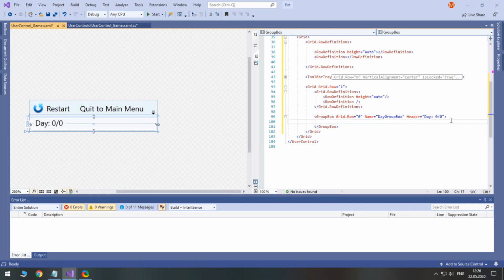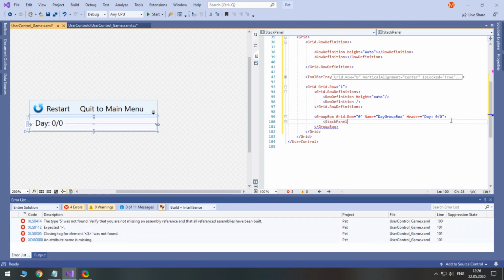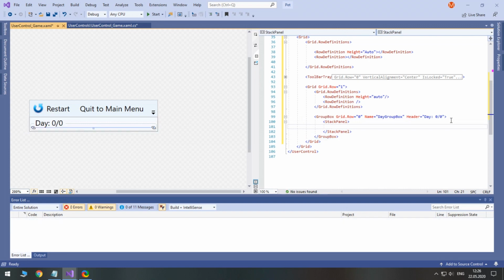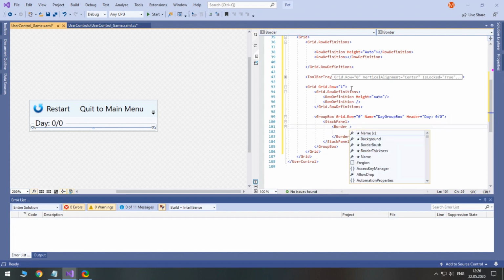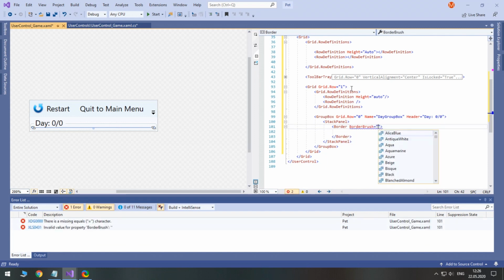We will make a structure for controls from top to bottom. So let's use a stack panel. At the top, users will see the name of their pet. We will put it inside a fancy border.